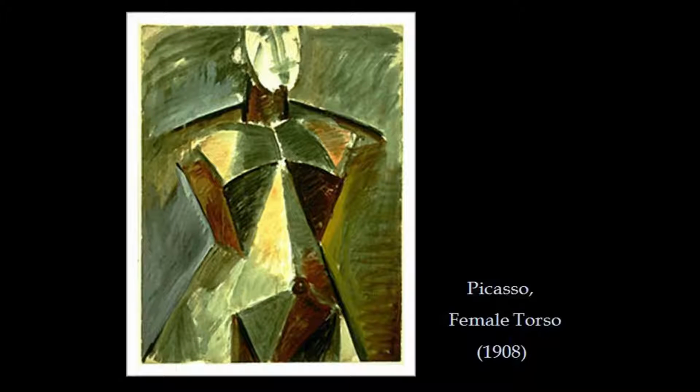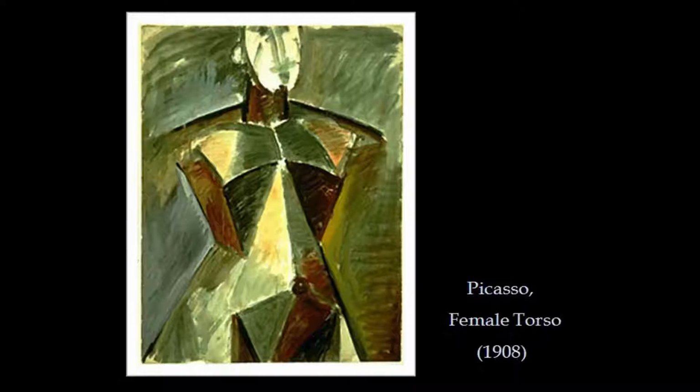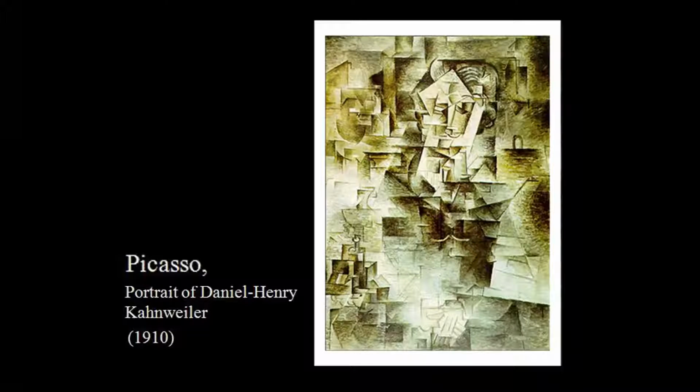Now, in some of the early Cubist paintings, you do find a strong presence of a reference, even if the reference is not realistic, but at least you can make out that this image refers to the figure of a man or a woman or a bottle or a guitar. But these references are going to disappear very soon, and sooner or later Cubist paintings are going to get very